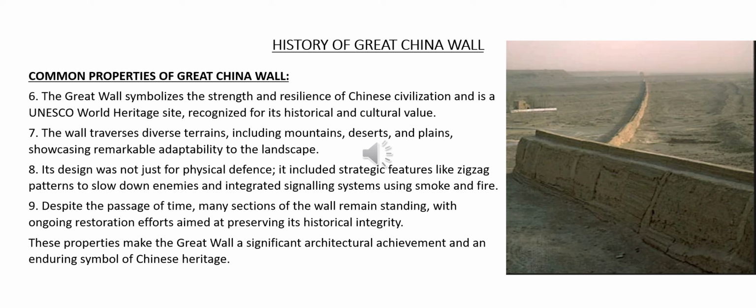Further to slide number 8, in slide number 9 also we will discuss some of the properties of the Great China Wall. The Great Wall symbolized the strength and resilience of Chinese civilization, and it was recognized by UNESCO